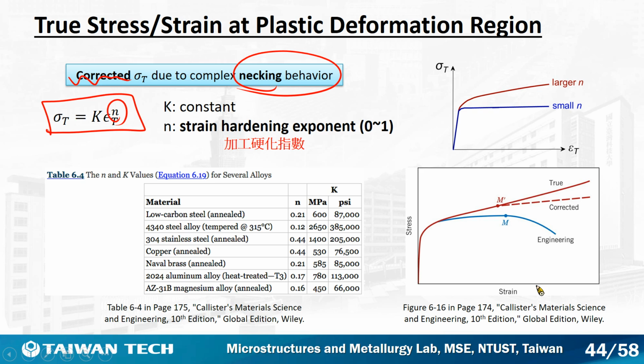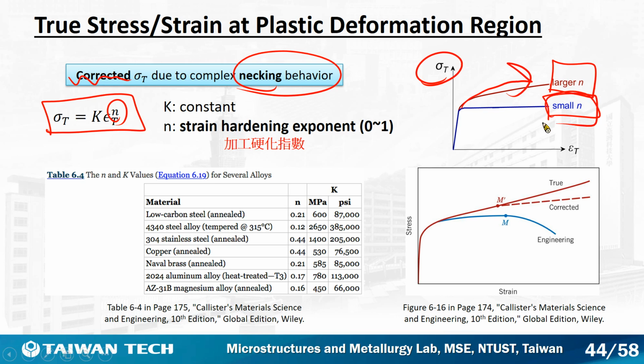It ranges from 0 to 1. So with a larger N, the curve looks like this one. With a smaller N, the curve looks like this one. With a higher strain hardening exponent, the strain hardening effect will be more significant,